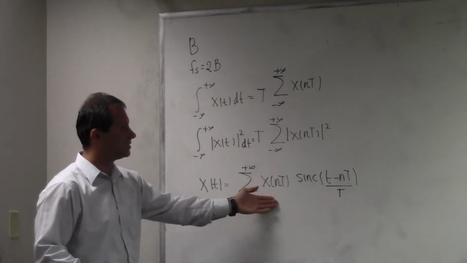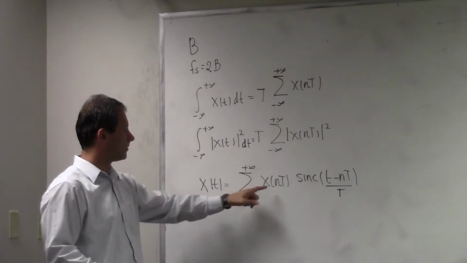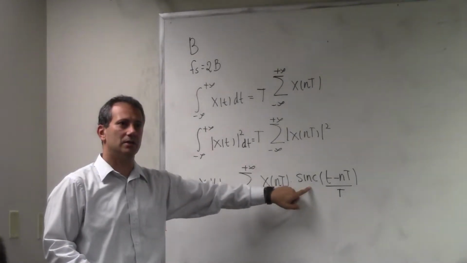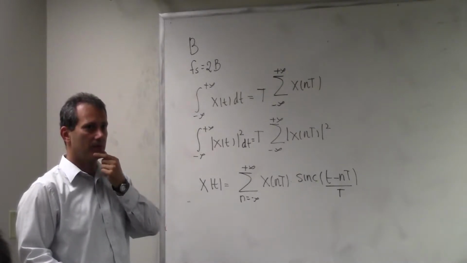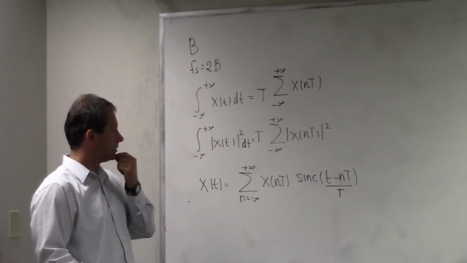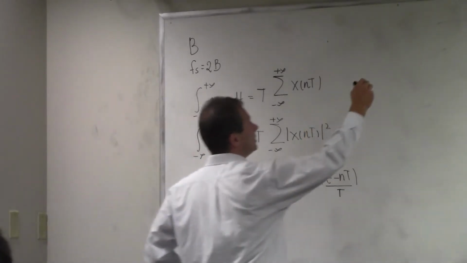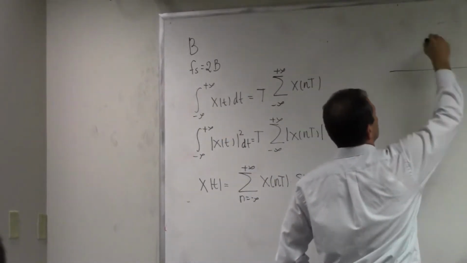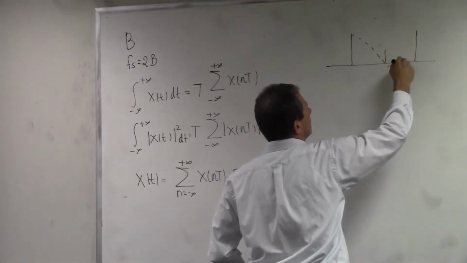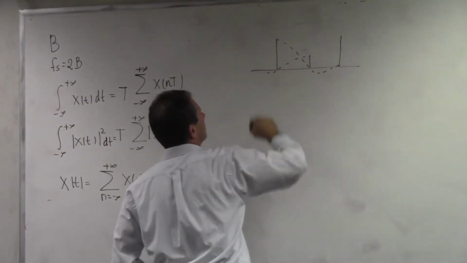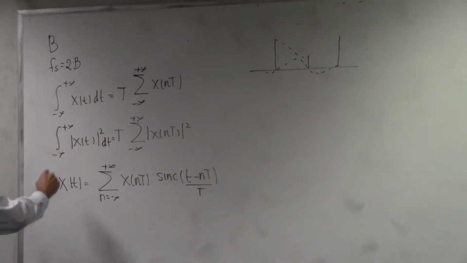This is the statement of the sampling theorem, right? You get your signal back from its samples, reconstructed with a sinc. This is not zero order hold, this is infinite order. Remember, this is the reconstruction where you put a sinc over each one of the samples. Right? So now, what happens if I integrate